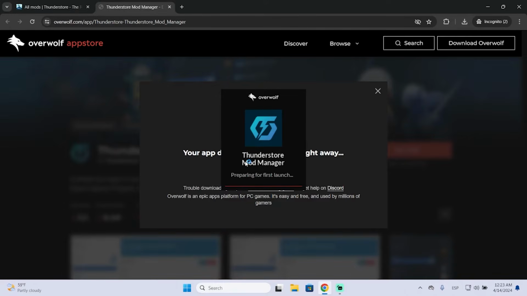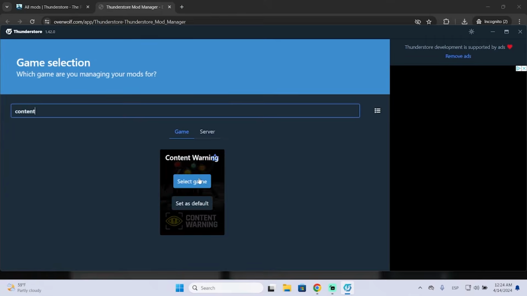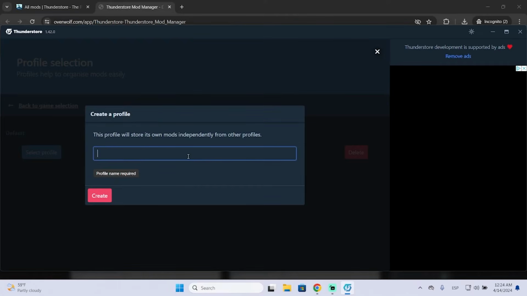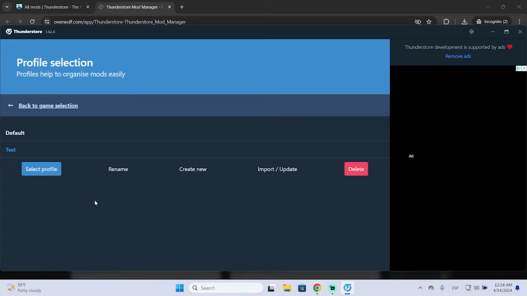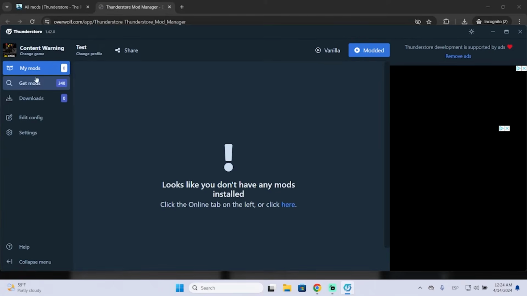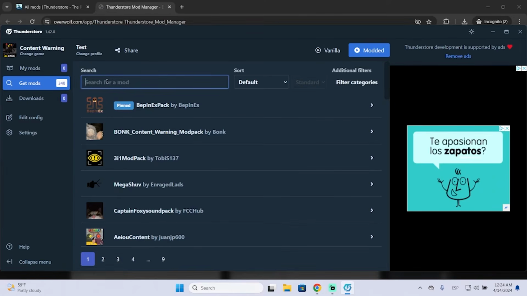It will take a little bit longer than usual because it's the first time you open it. And now you can just search for any game you want. You can begin installing mods. You just need to go to your game, create a new profile. Alright. And that's it. Now you can go here to the mod list and search for any mod you want